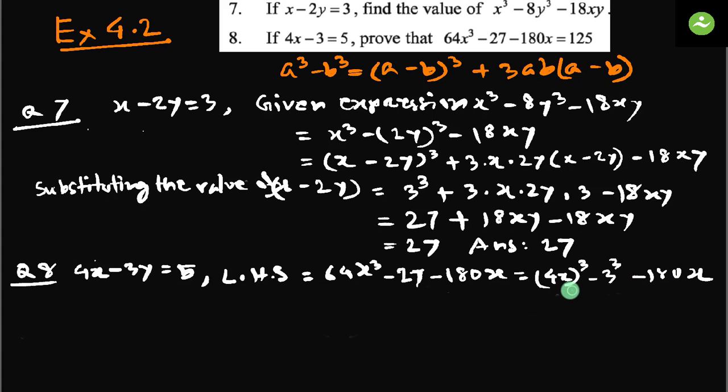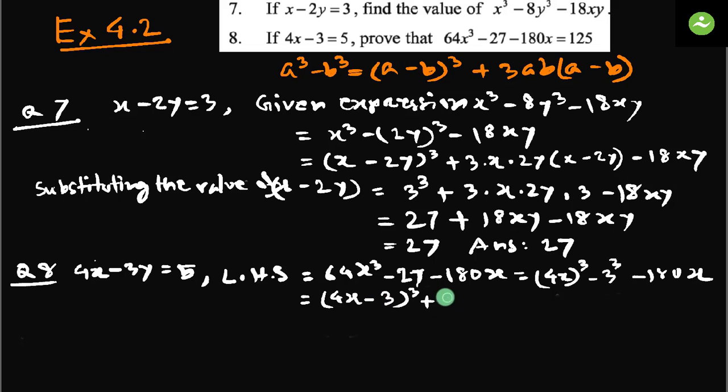Now this looks like a cube minus b cube, and using that, we can apply the corollary a cube minus b cube. A minus b whole cube means 4x minus 3, a minus b whole cube